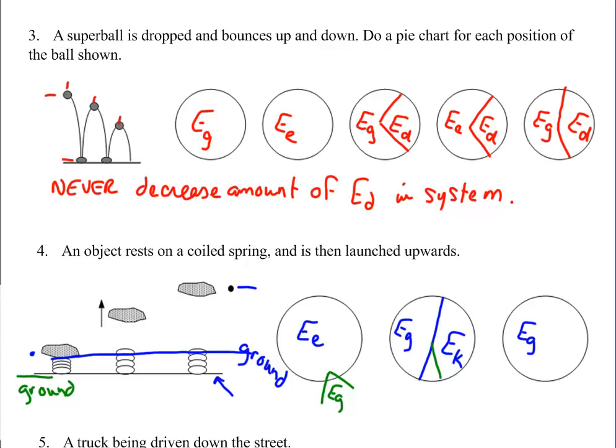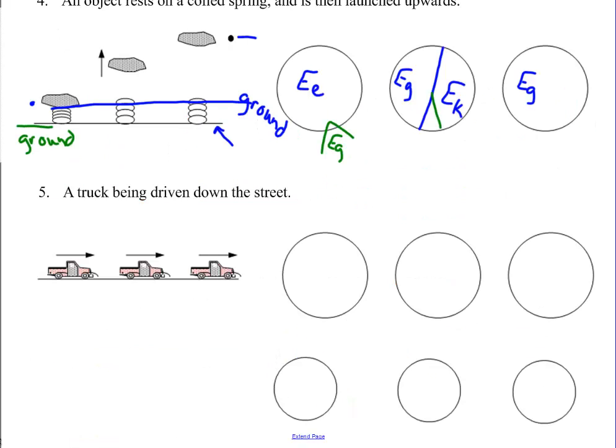Does it matter? No. I think it's easier to set your ground so that if something's sitting lowest down, it starts with no gravitational potential energy. Just makes things a little bit easier. Last one, there's actually 2 different ways you can do this. If I look at those arrows, it tells me all 3 trucks are moving. If I look at the size of the arrows, it tells me all 3 trucks are moving at the same speed. They're not changing height, not slowing down, so no gravitational potential energy, so no dissipated energy, no springs, so